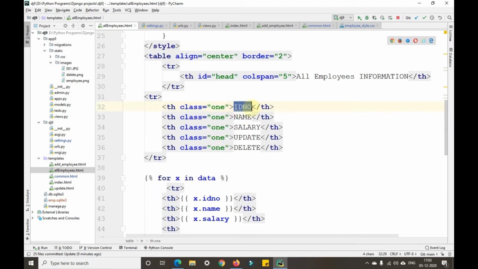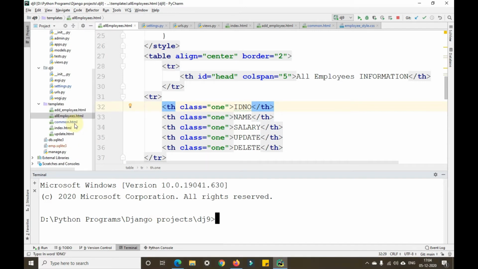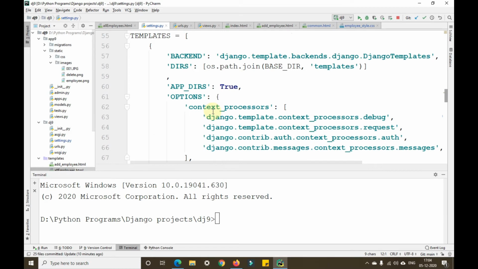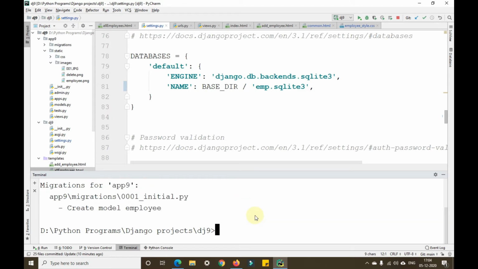Before I tell about this, let me make migrations and migrate to that particular database. Here the database name is emp.sqlite3. So let me make changes to the database. python manage.py makemigrations. Okay.